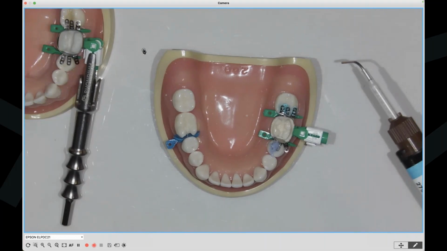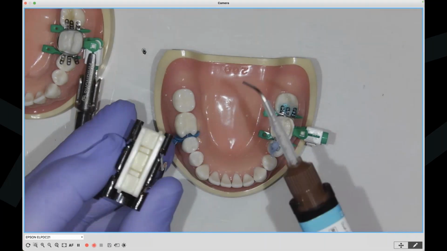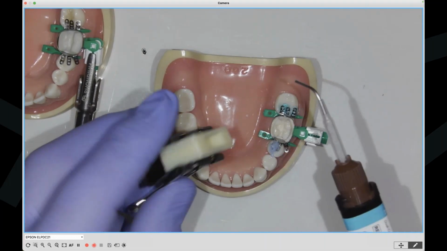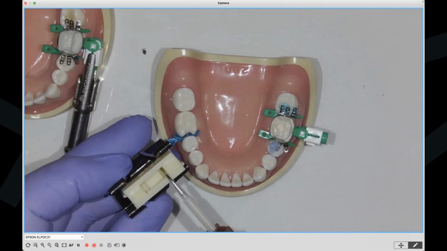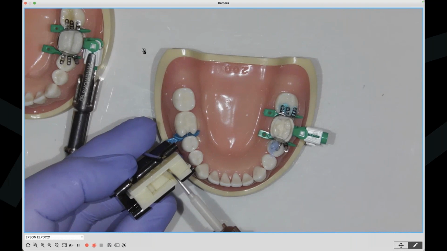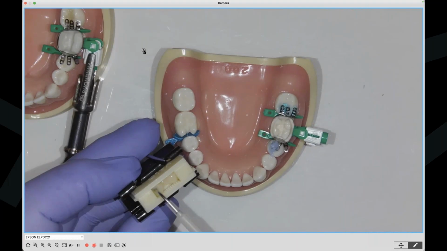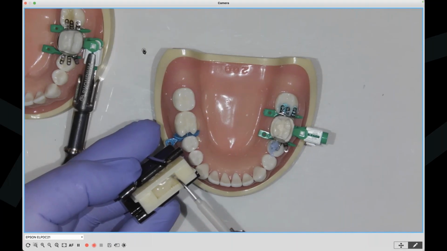Now, basically, I'm going to show you a test unit here. This is what I call the trifold mold developed by Richard Price. I'm going to fill this just to get the feel for this material. And then we'll look and see if I formed any knit lines in here while I'm waiting for the other one to set.